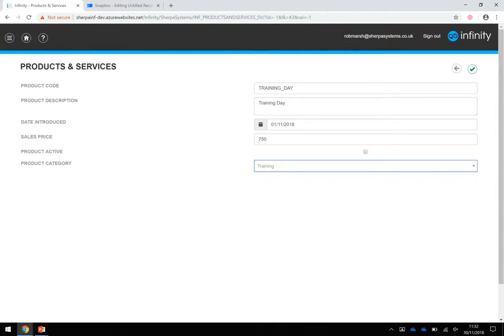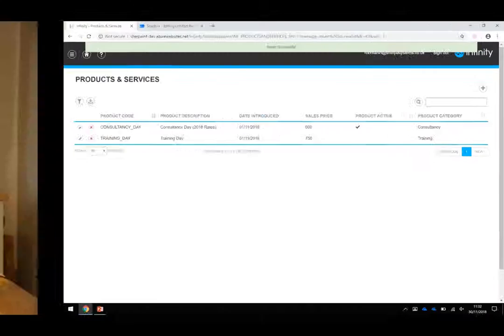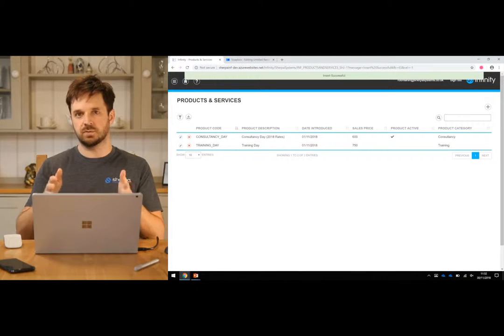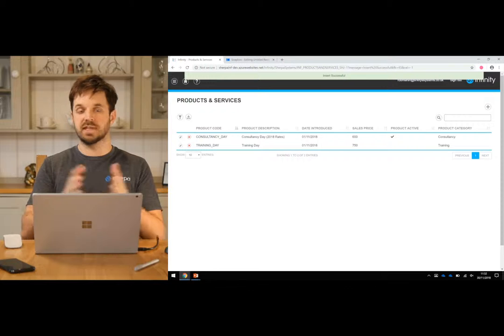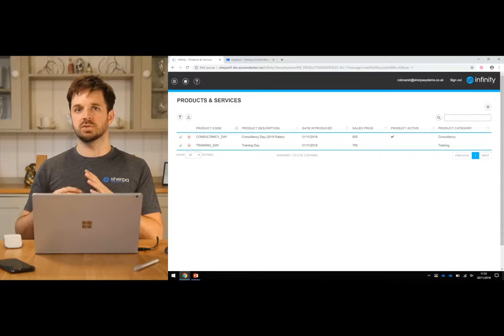Then I can click on the save icon up here in the top right, which will actually save the record. Or if I change my mind and I just want it to go back, I can click on the back icon instead. If I click save, that will take me back to the list view. So those are the two page types. You've got the list view, which shows you in a sort of table format all the data that's in that table. And then you have the detail view, which we saw,